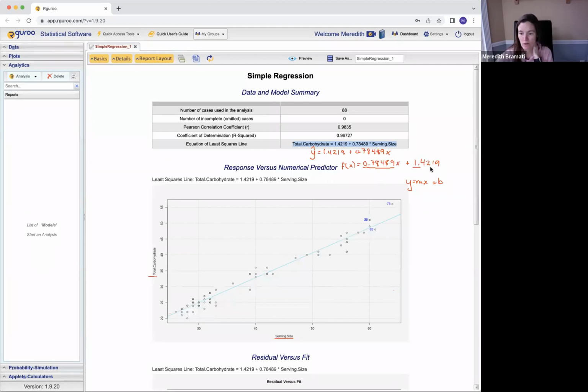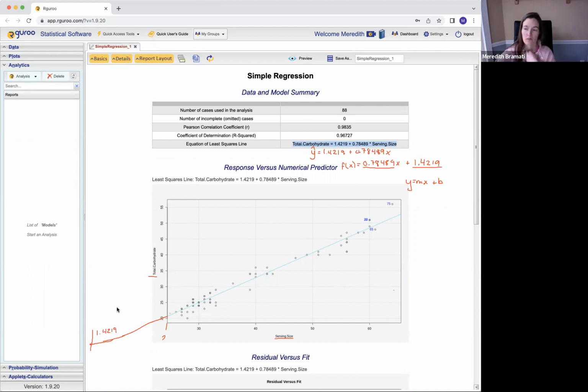And I also see 1.4219 is my Y-intercept. Now look where it intersects the Y-axis. Notice that this is 30, so it doesn't go to 0. So this isn't actually the intersection of the Y-axis. This is just where the graph stops. If I continued this on, okay, and I continued counting with this, so say this is, it's a little bit more, this will be 25. So 20, 10, 0, I'd be all the way over here, and it would cross the y-axis at